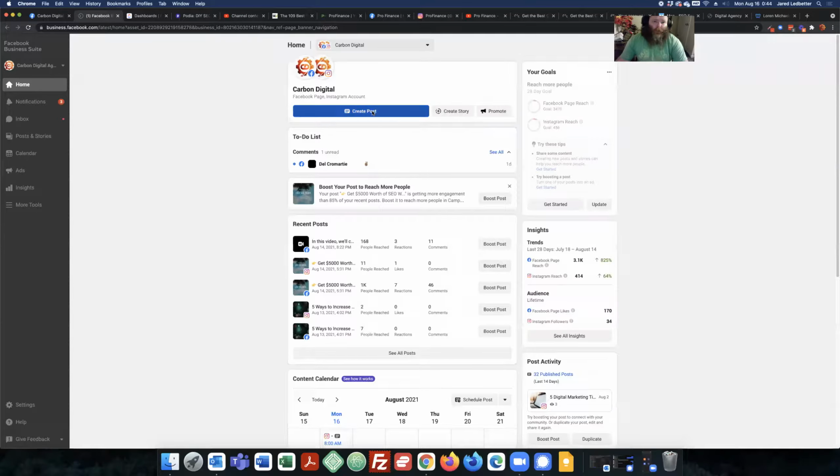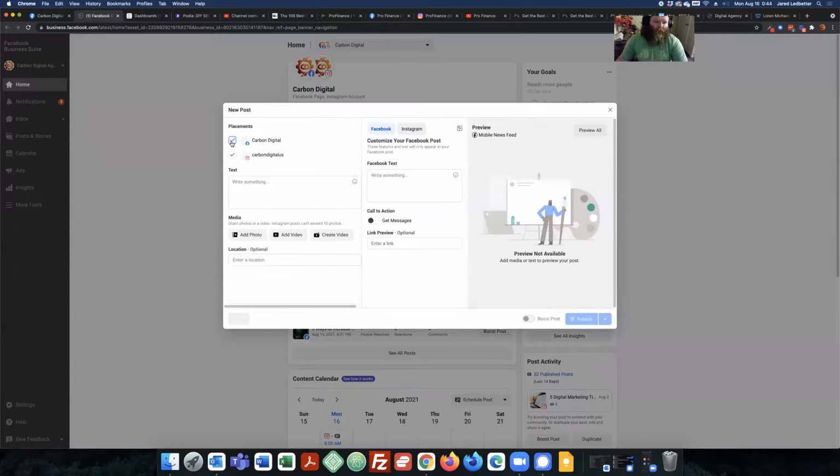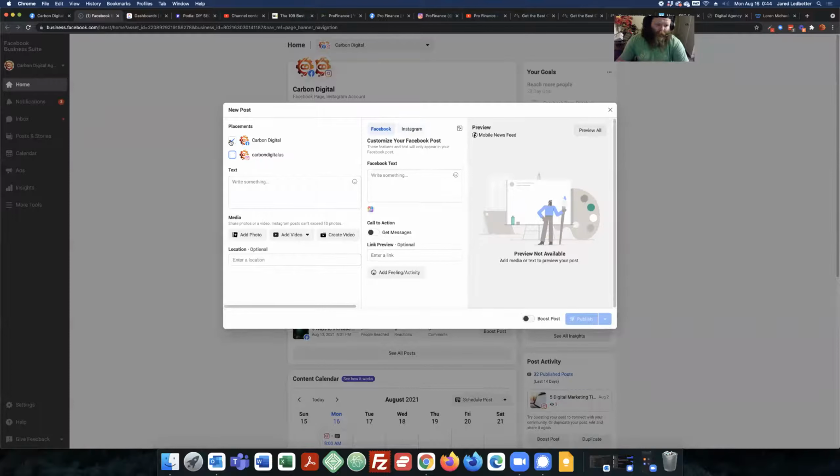Okay, go to Business Suite. And it's loading and loading. There we go, create post. And we're going to uncheck Facebook. The reason for that is because it's still going to check it, but we want the Instagram